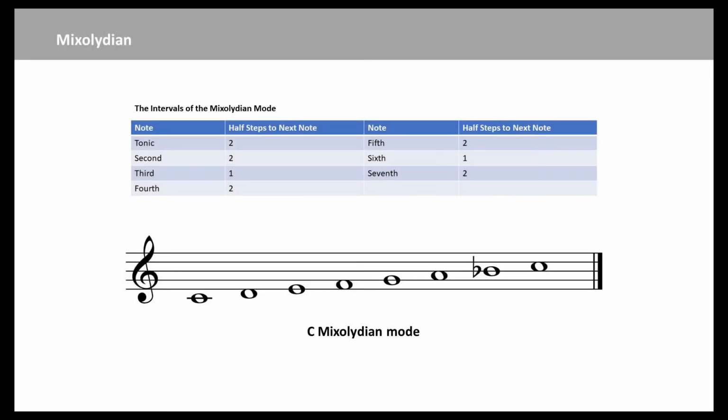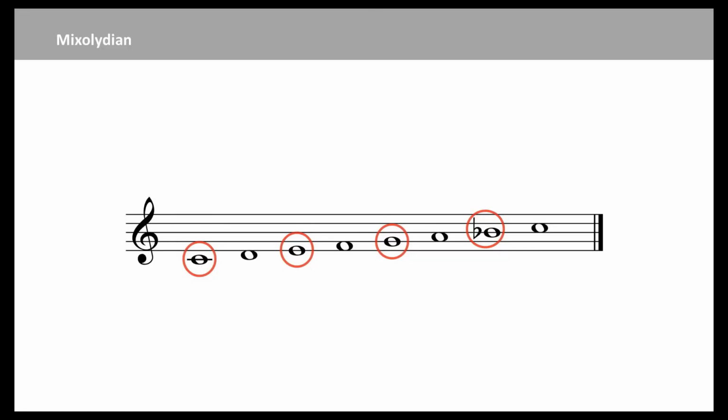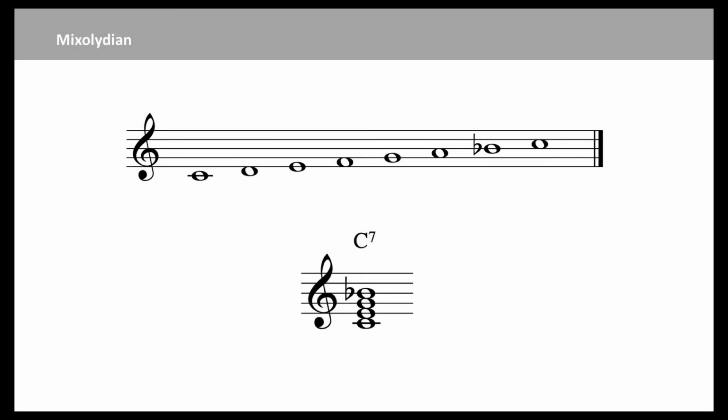Next is Mixolydian. The Mixolydian mode can be thought of as starting on the fifth note of the related major scale. Like the Lydian mode, it's sort of major sounding, but in this case with a lowered seventh. The intervals between notes in the Mixolydian mode are shown in this table. The first, third, fifth, and seventh note of Mixolydian can form a dominant seventh chord, so the Mixolydian is naturally written as a mode commonly used in dominant seventh chord.